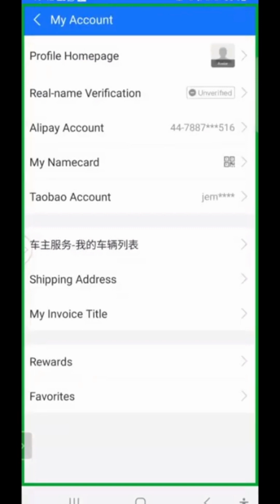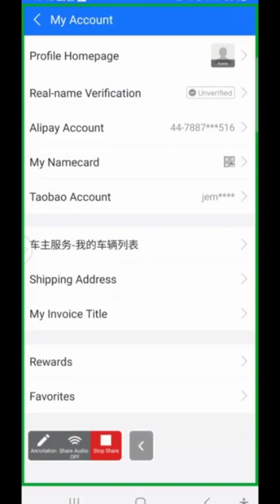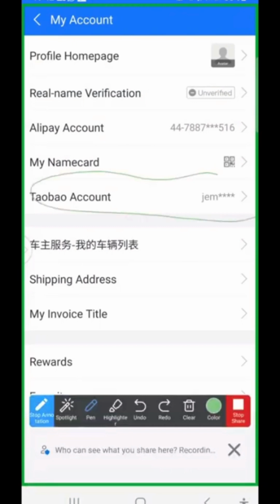Okay, up. So you can see this is your account, and the place they said Taobao account is your 1688 account. So click on real name verification. Exactly, Taobao account is your login details with the 1688, meaning you are linked with 1688 and your Alipay. So now click on real name verification,